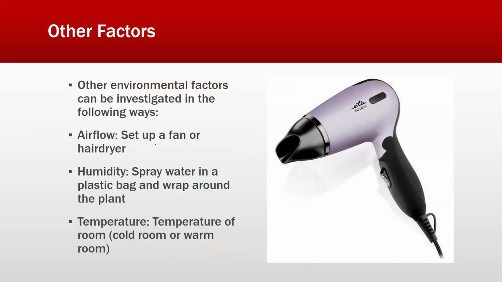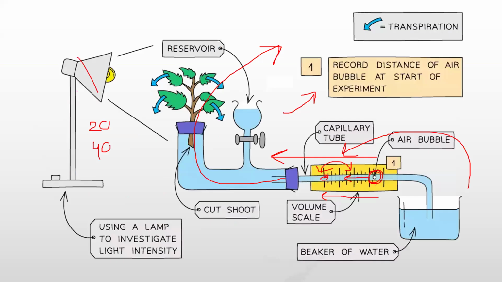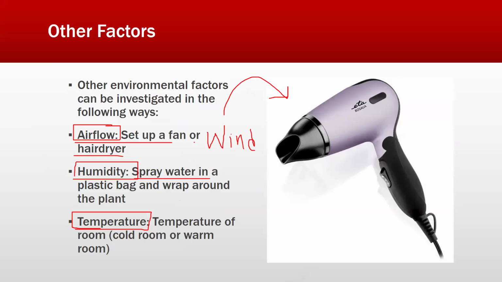You can also add the effect of wind by using what? Hair dryer. Spray water if you want to add humidity, and you can also change the temperature as well in the same experiment. So the same experiment can be done. Only replace the light intensity with a hair dryer, or replace it with some water bowl or something for humidity, but the whole experiment would be the same,